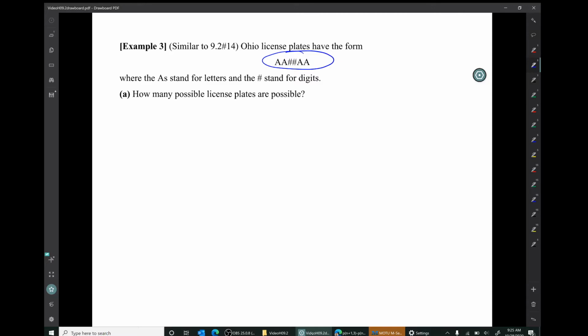Now, it will help to visualize our tasks. We could think about having to populate 6 blanks. So we have to fill those 6 blanks with characters. The first 2 have to be letters, which I'll denote A1 and A2. The third and fourth blanks have to be filled with numbers, which I'll denote with number sign 1, number sign 2, and so forth. So our tasks